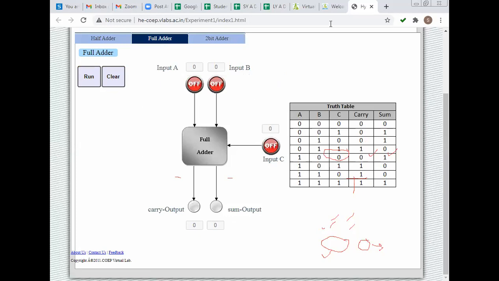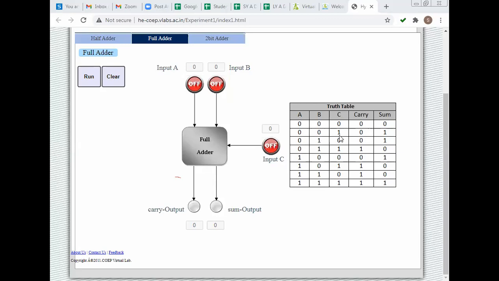Okay. Also, you can check full adder. In full adder, what happened? In half adder, only 2 inputs and 2 outputs. But in full adder, what happened? 3 inputs and 2 outputs. Which are the 3 inputs? A, B, C. Okay. And 2 outputs means one is a carry and another one is the sum. This is totally theoretical concept, means 0, 0, 0 input gives carry 0, sum 0.